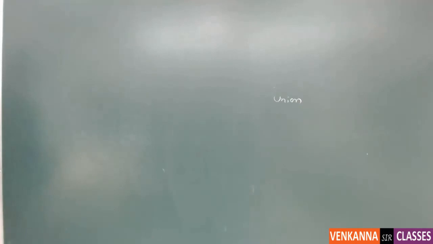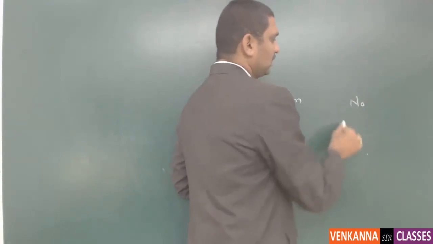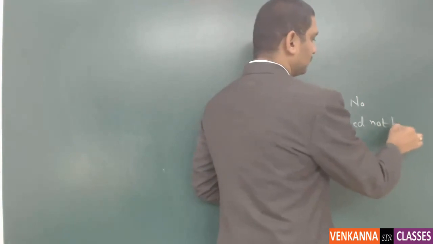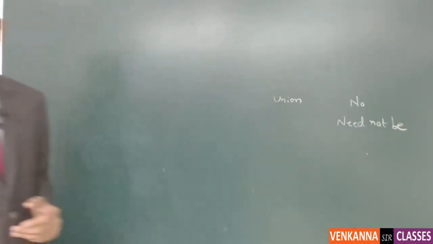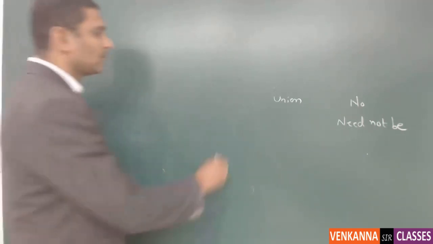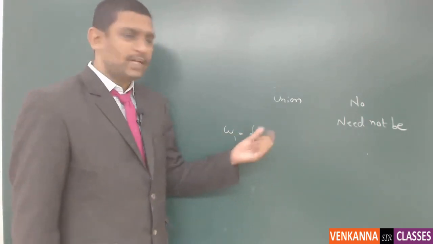So let us take the case of union of subspaces. Is the union always a subspace or not? For this, the result is no. Specifically, it need not be. Whenever you consider the union of subspaces, it need not be a subspace again. For this, let us take a small example: take W1 as all 3D points of the form